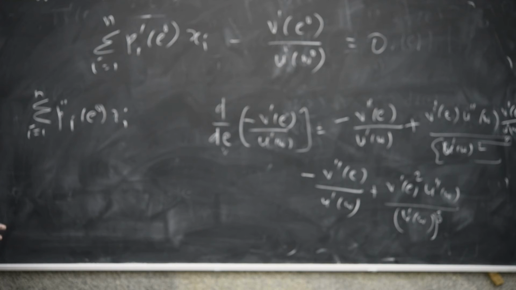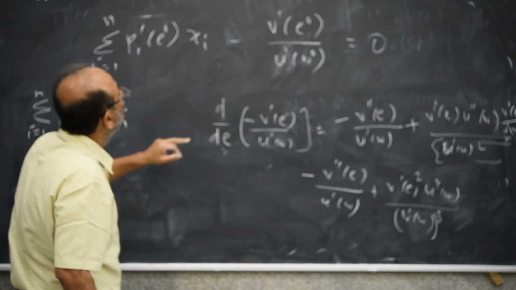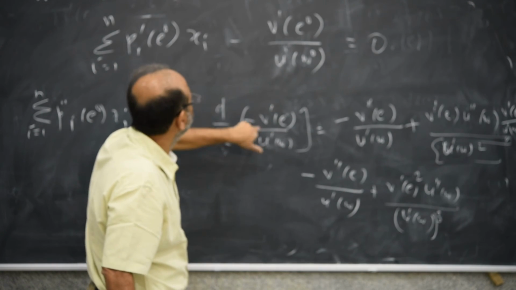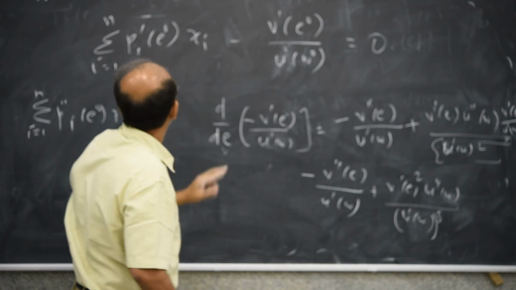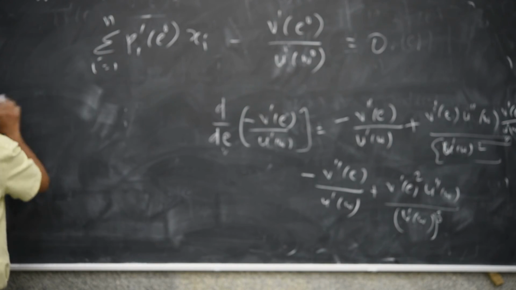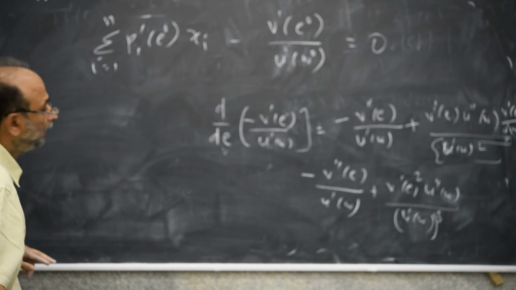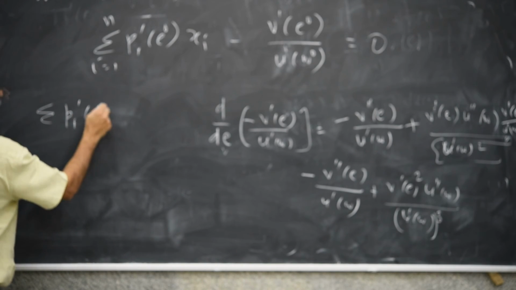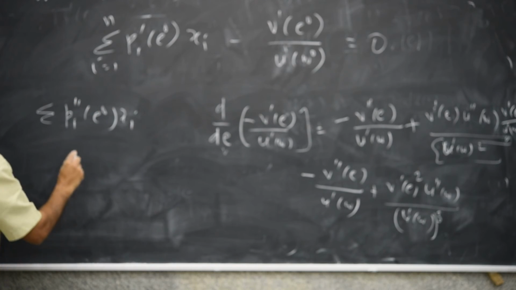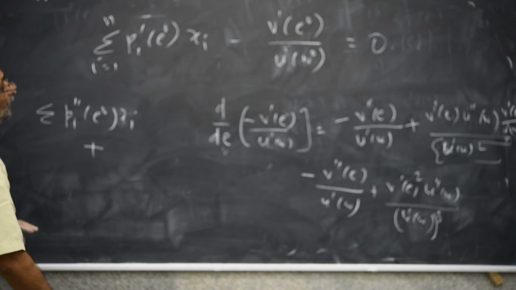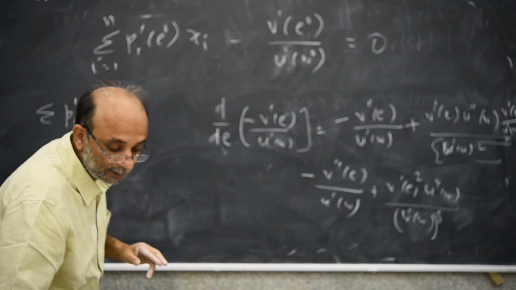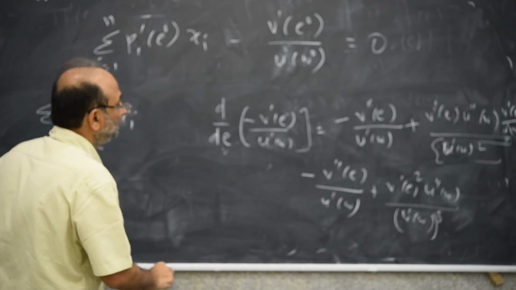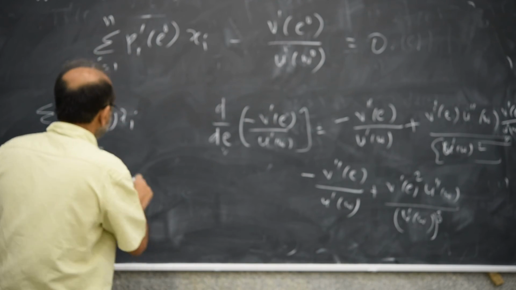So now we have to substitute this here. I put a minus already, so I have to substitute this here. So my whole equation becomes summation xi plus, because that whole minus term is, okay, plus this whole term becomes